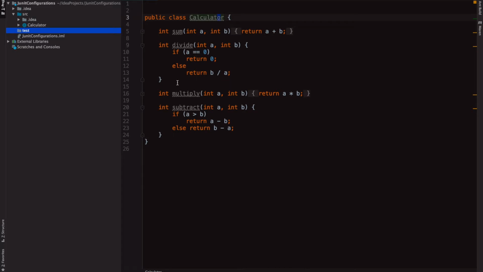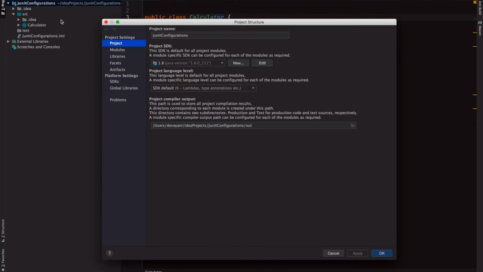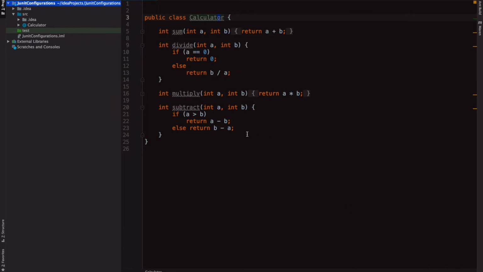In order to tell the compiler about it, select the project and click on File, click on Project Structure and select Modules, wherein you can see various configurations. Select our test directory or package which we have created and then select Mark as Tests. Once you do this, on the right hand side you will be able to see it marked as a test. Click Apply and click OK. Now we are done with configuring our test root.